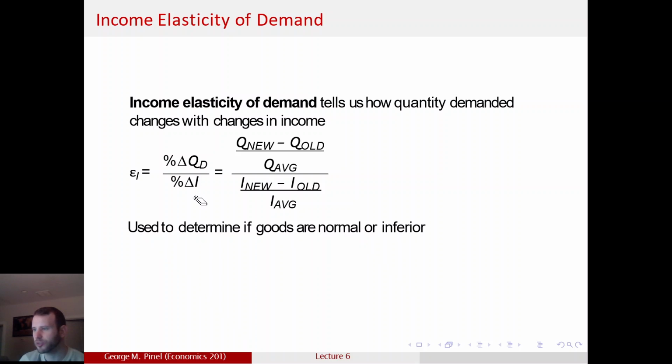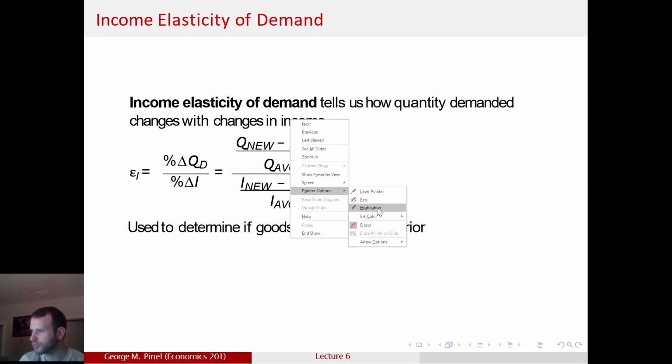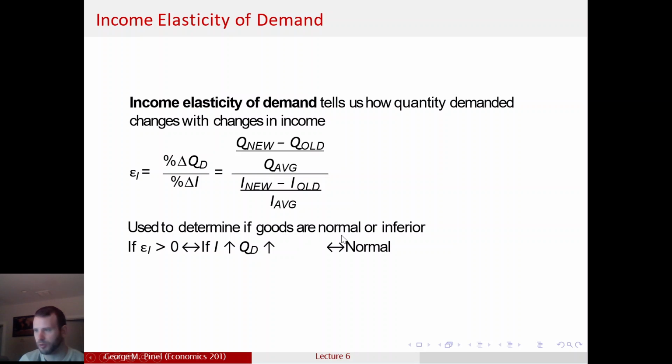I want to get rid of this eraser, but I didn't see the options. Whatever. Anyway,